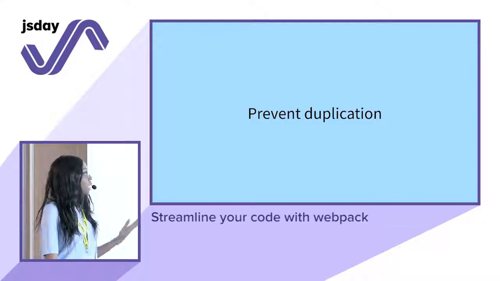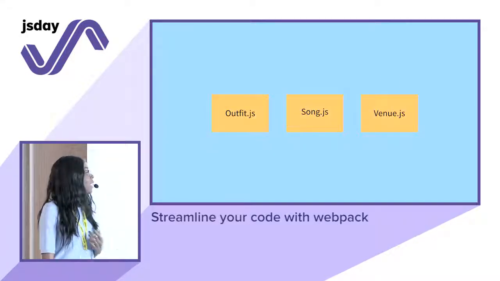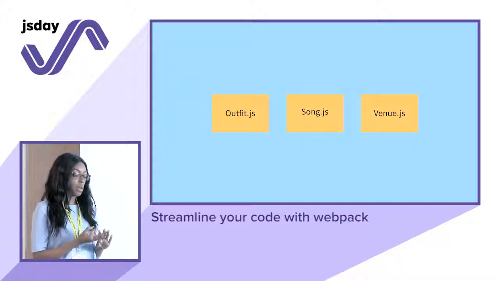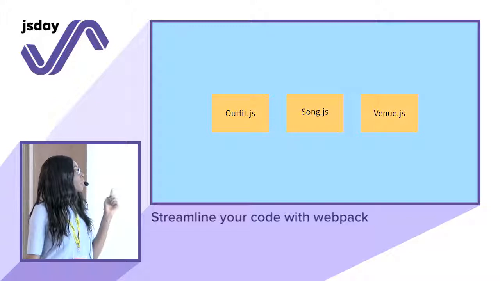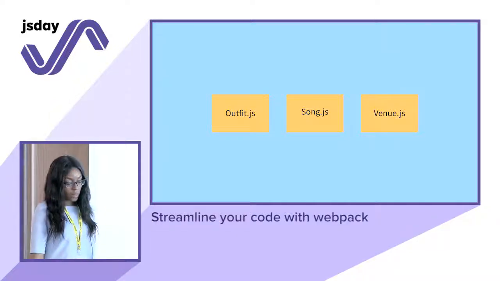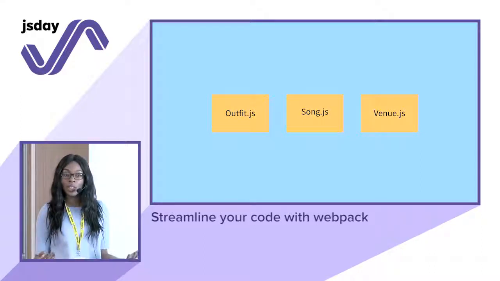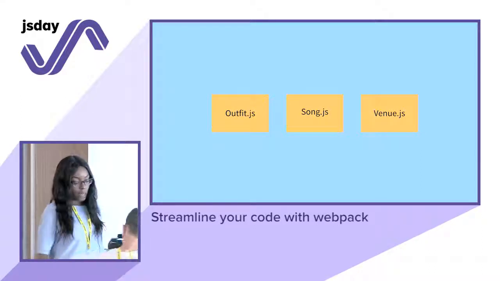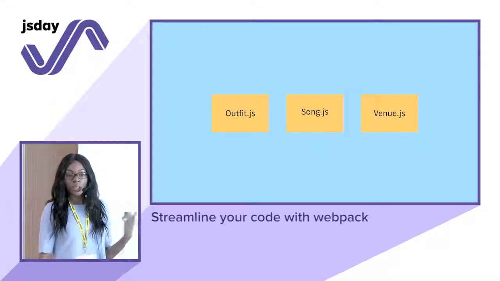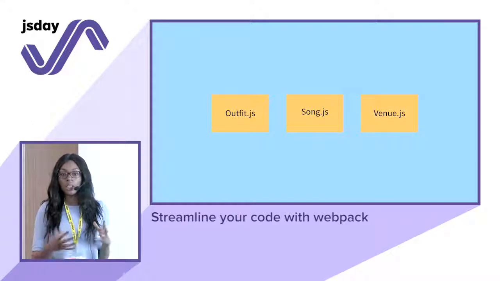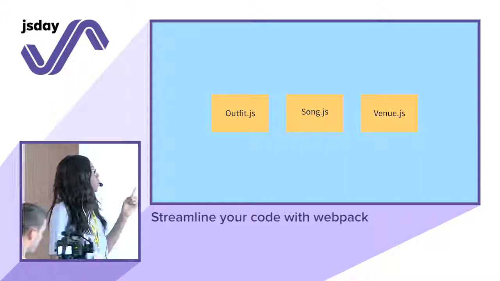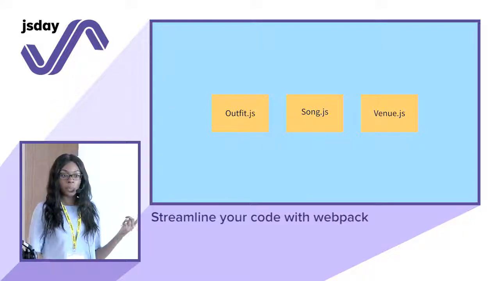So let's say we go back to our Beyonce application, and instead of creating one bundle called performance.js, we're now creating three. We're going to have one bundle for each of these JavaScript files. And this is something that we do at FutureLearn, not related to Beyonce, so we can cache our files individually. And then if we change one, it doesn't invalidate the whole bundle, only that one of them, which makes it easier for our learners.